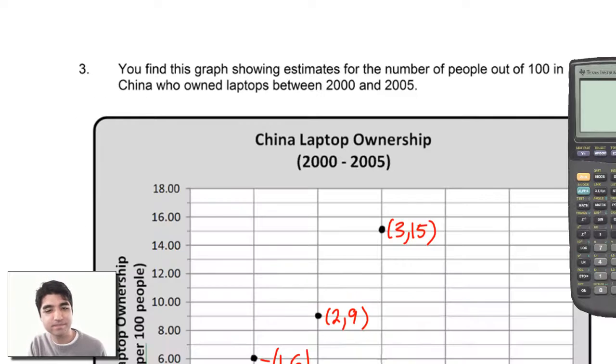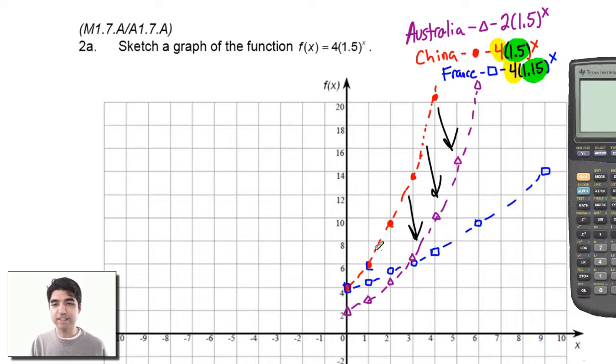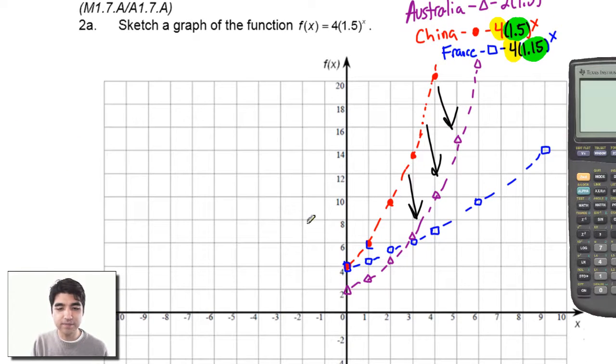Okay. So we're dealing with China here because this is the 4 times 1.5 to the x power. And if we look at this graph, we can deal with any years. Obviously, we can't deal with any years before 0, because that's when we started, was year 0 at 2000. And then as we go up, it looks like the graph exceeds, it doesn't actually say, so our graph stops at 20,